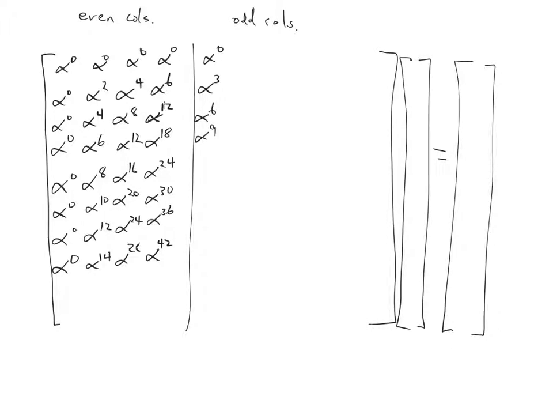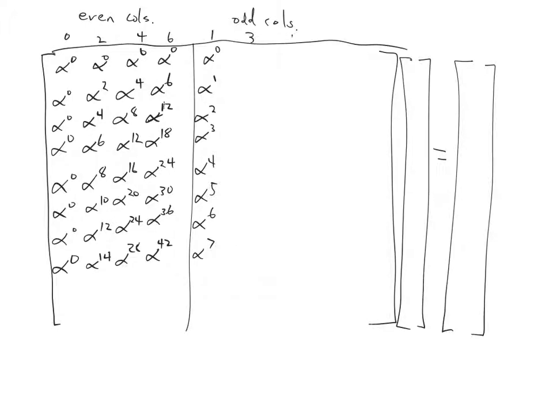Right? No, it is not. The even columns are alpha, just multiplying by alpha. So it's alpha 4, alpha 5, alpha to the 6, alpha to the 7. That's column 1. Right, so this is column 0, 2, 4, 6, and this is column